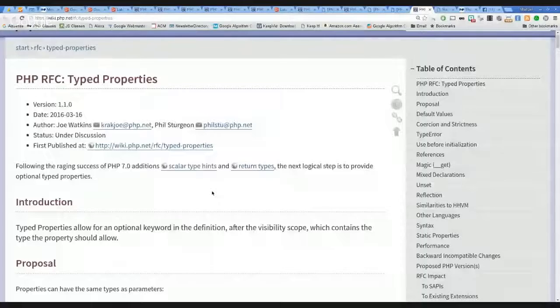Okay. So moving on to another topic, which is also something that is being more formalized, more matured, I would say, because there is already a proposal to have type properties, which is basically type hinting for class variables.